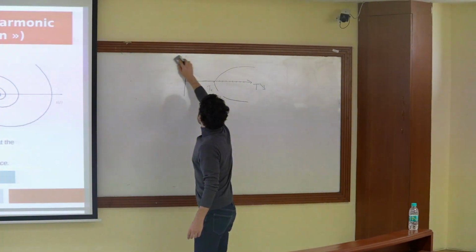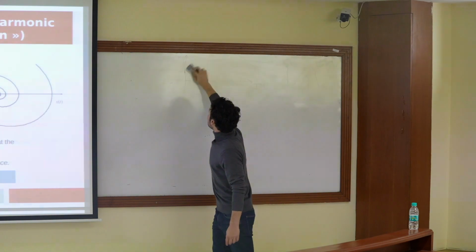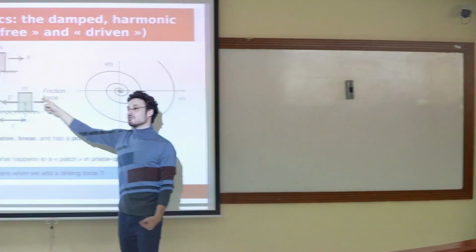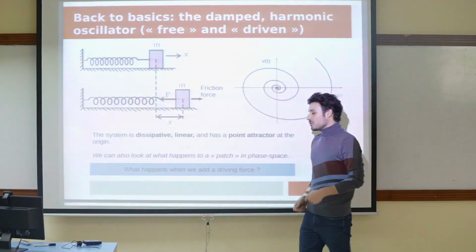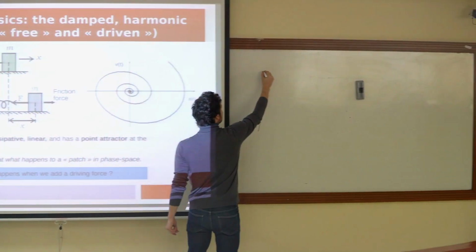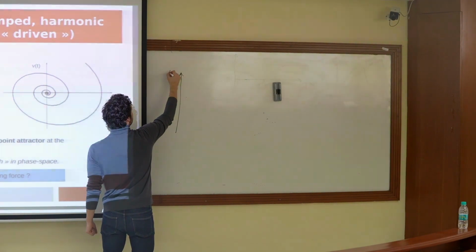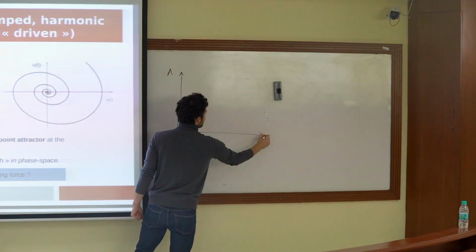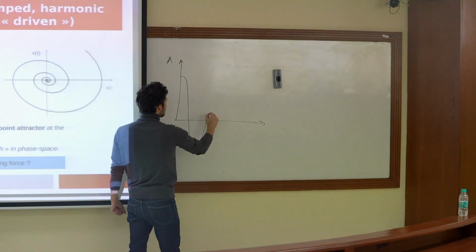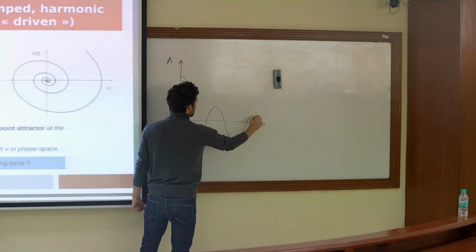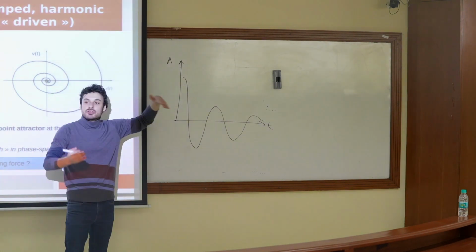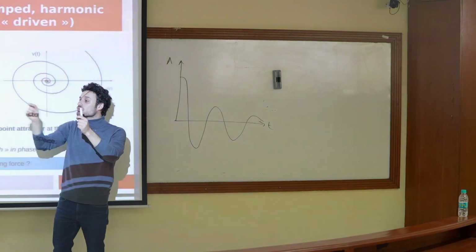So what you can imagine is that the little mass here is tied to a spring, oscillates around, but it's also got some friction force. So it's not going to oscillate forever. You remember, if you were to plot this in time, so if the y-axis here represents the amplitude of oscillations, and this is time, then this thing is going to start out like this, and then decrease like that, right? So this describes damped oscillations. We go like that.